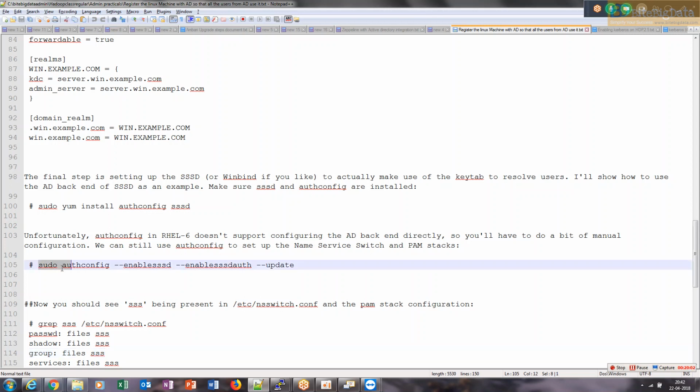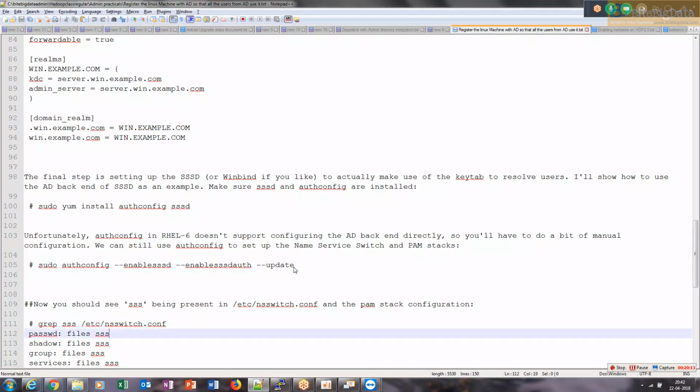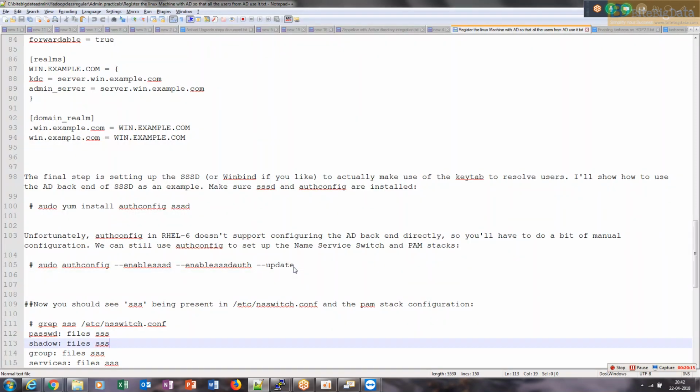That's what we are doing. So now we need to run enable sssd, enable sss authorization, and update. So it's done. Now you should see sss being present in